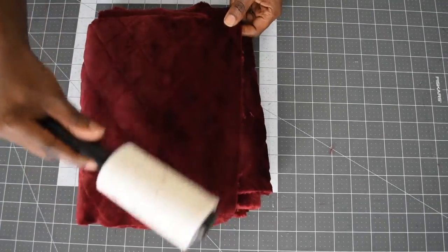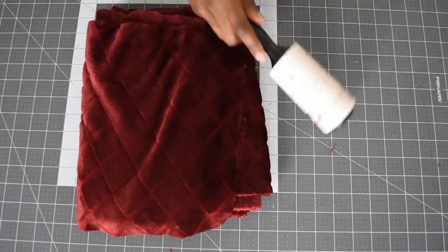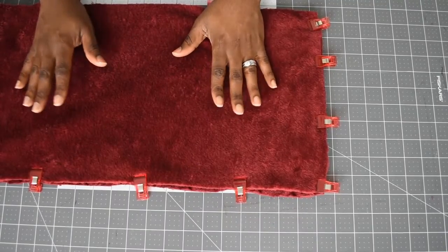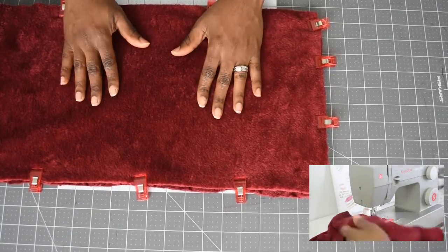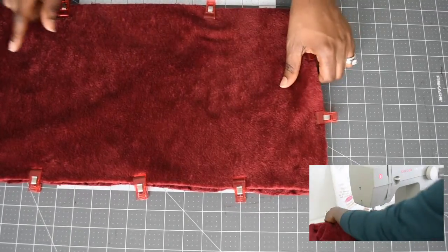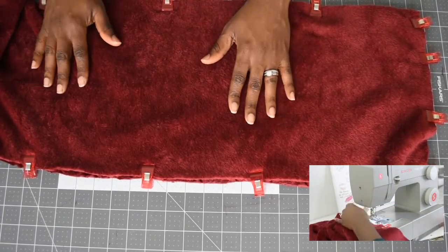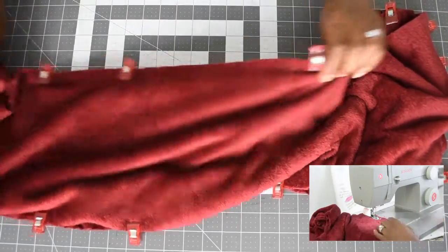I'm going to just keep using this until I get rid of all the lint to make sure I don't mess up my sewing room using this fabric. I went ahead and used clover clips to put my two fabrics together, right side against right side, and I used them all around my big rectangle. I'm going to be sewing all around using a 1.5 centimeter or 5/8 of an inch seam allowance, and I'm going to be leaving an opening about halfway